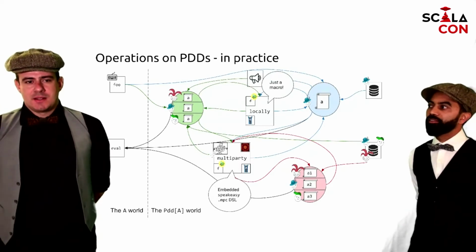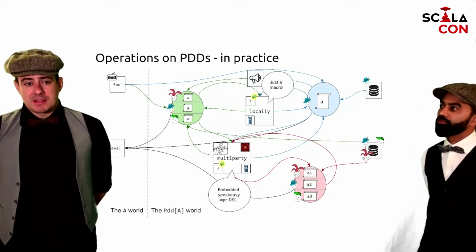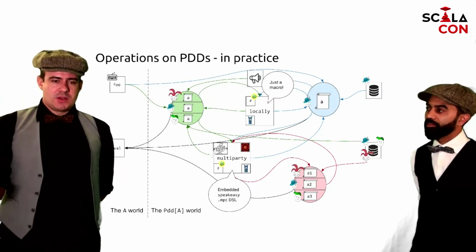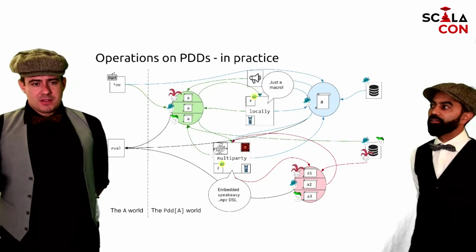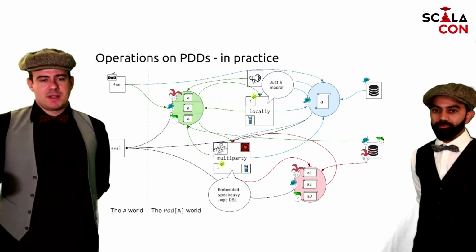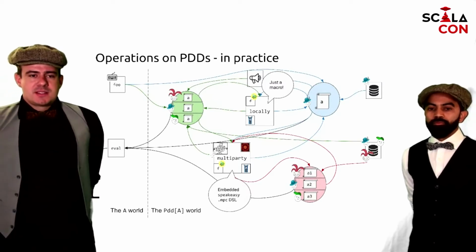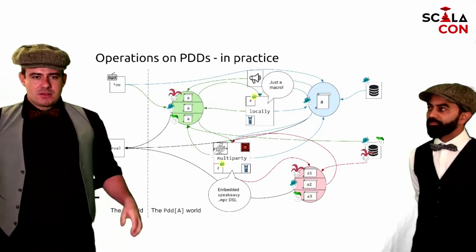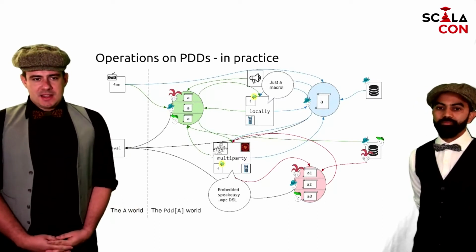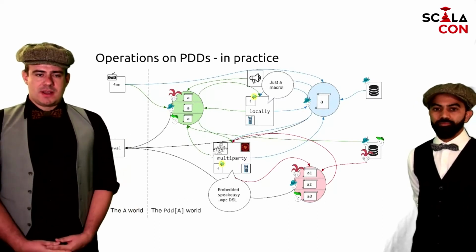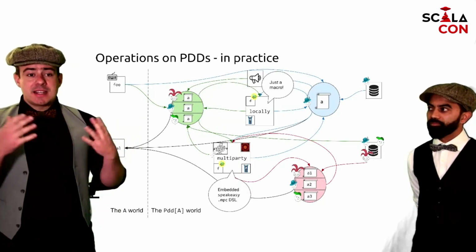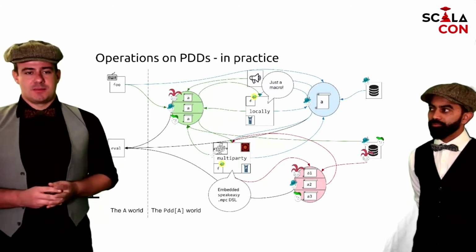Quick side note: right now we focus on multi-party, and so the only secret PDDs we have are ones that correspond to additive shares. If we incorporate new technologies, this could be represented as different kinds of PDDs. But back to the main topic. So these low-level operations allow you to build protocols to express basically any flow you want that combines any plain text data processing with any multi-party data processing.